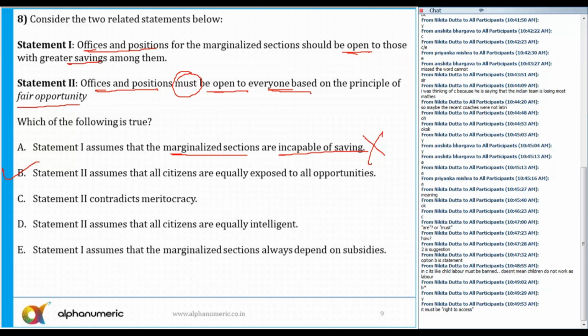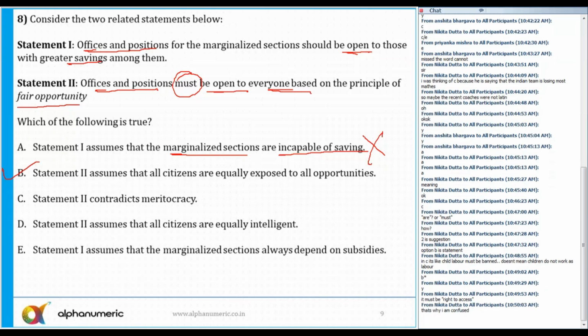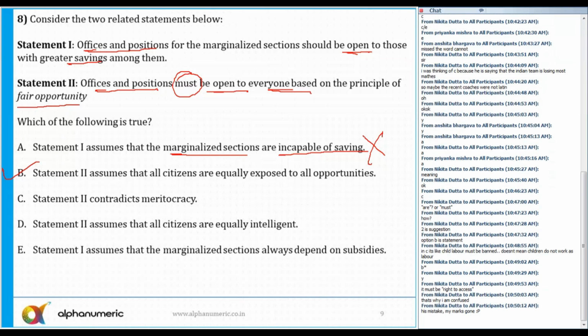It must be right to access. Probably he could have used a better word. He could have framed it differently. But still, from among the options that we have, number B is the